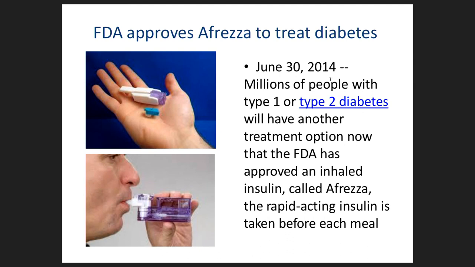In 2014, there was approval of an inhaled insulin therapy called Afrezza, a rapid-acting insulin therapy given by inhalation through the lung. The patient will inhale the insulin, and the capillaries in the alveoli will absorb the insulin powder, and that is like a rapid-acting insulin. But the problem is that in some patients, their lung function deteriorates. That's why it's not widely used worldwide.